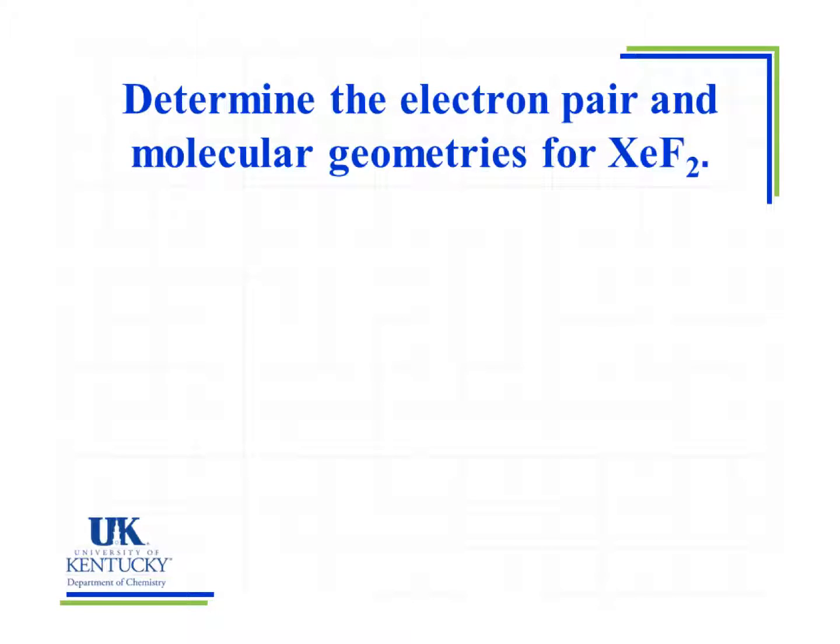So in this problem, we want to determine the electron pair and molecular geometries for XeF2. Before we can do that, we actually have to get our Lewis structure first. So that's going to be the first thing we need to worry about. And in order to find the Lewis structure, I first need to figure out how many valence electrons I have